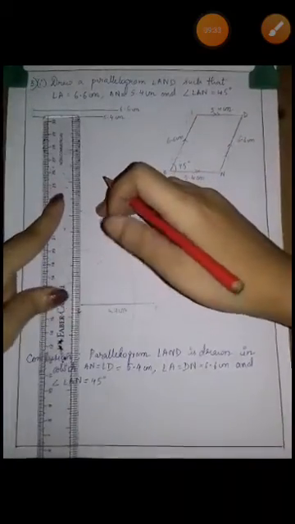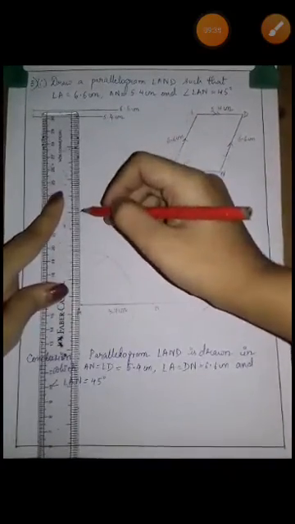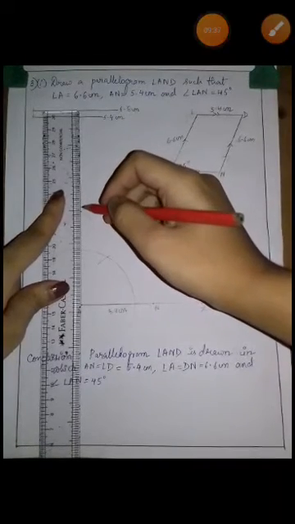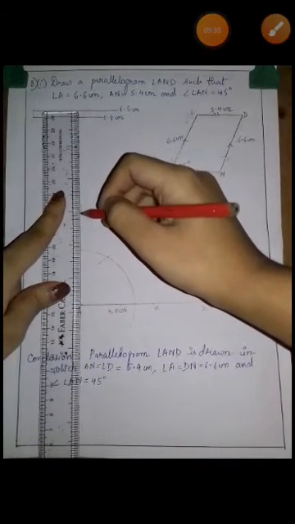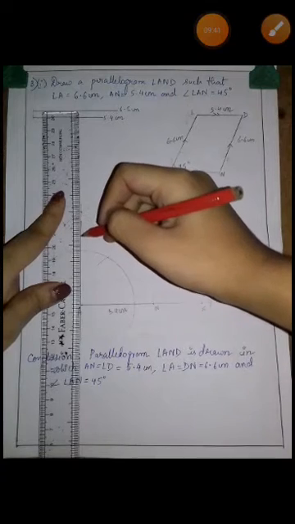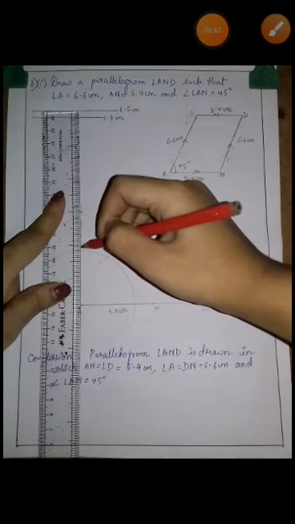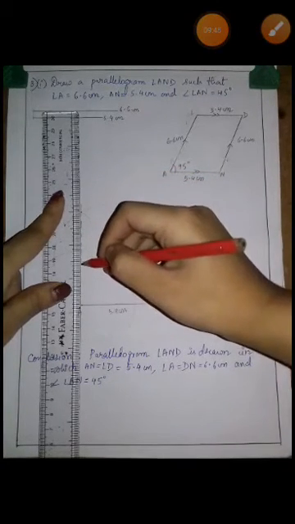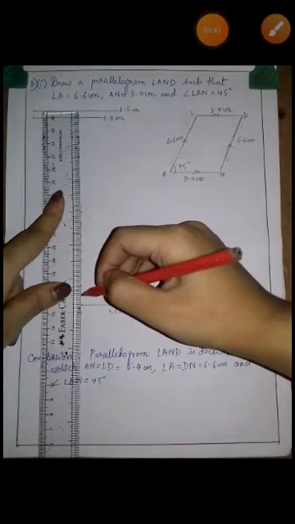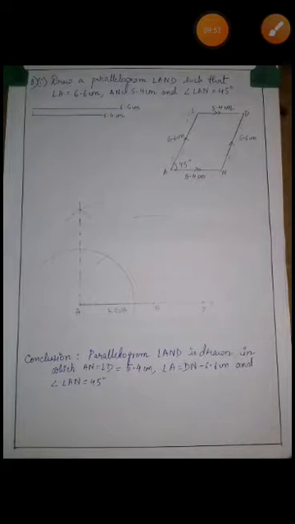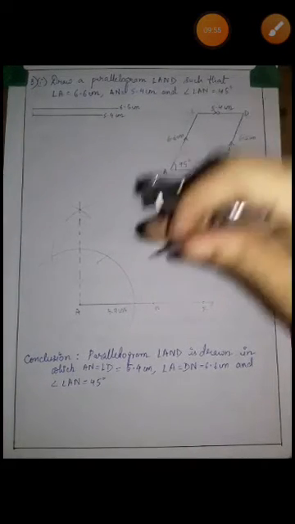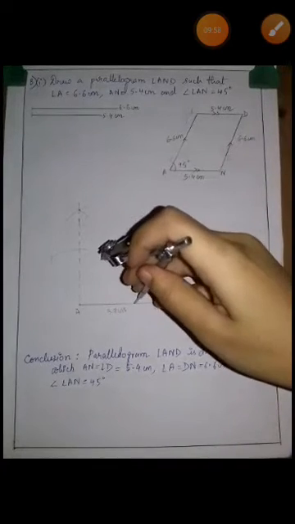Now you are going to join the points using dotted lines. Join using dotted lines. Why dotted lines? Because these are not our required angle. The required angle is 45 degree, not 90 degree. So this is the reason why I am drawing the 90 degree line with a dotted line. Now it is time to draw 45 degree.